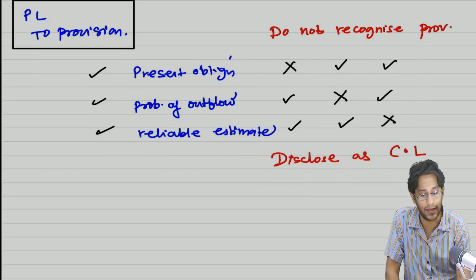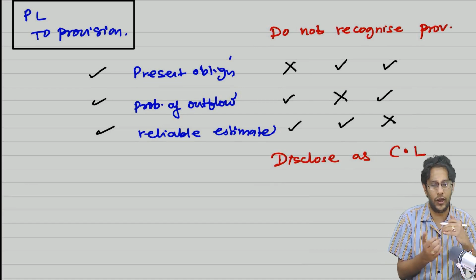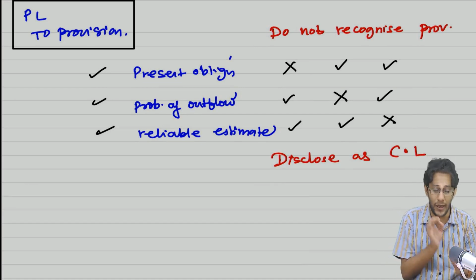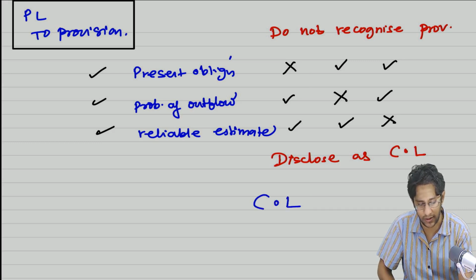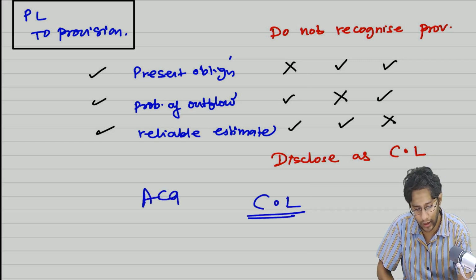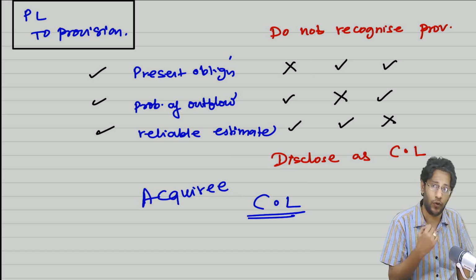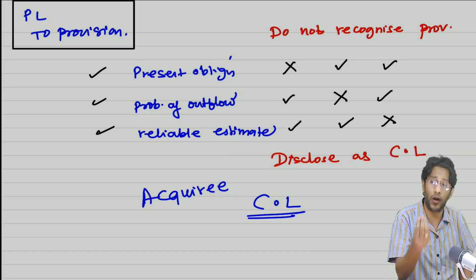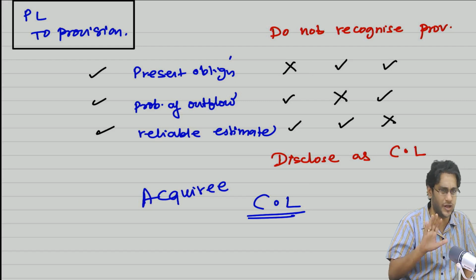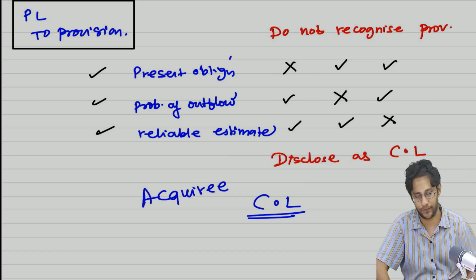Now understand the case carefully. A Limited is absorbing B Limited. In B Limited's balance sheet, some contingent liabilities are there. In the acquiree's books, contingent liabilities are there. The general rule is, if it is a contingent liability for you, since I am acquiring you, your contingent liability should become my contingent liability. General rule. But look at the exception here.